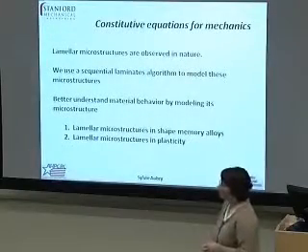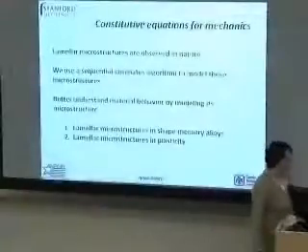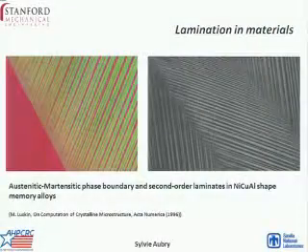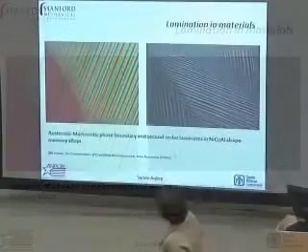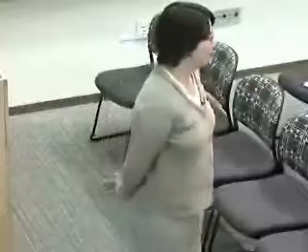So here, okay, maybe I should show the picture first. So you have, in shape memory alloys, laminates have been observed. So those are laminated microstructures that have been observed in nature or in the laboratory, where you have, so the way it